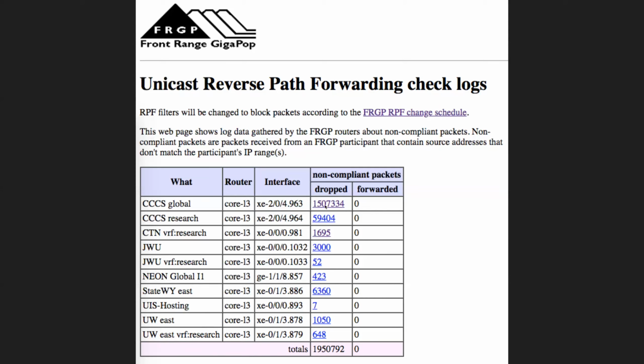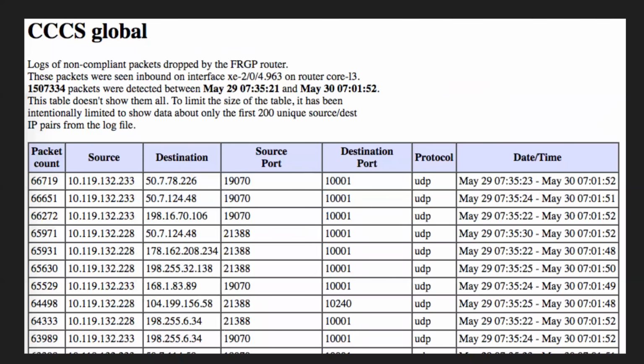So in this case, if I were to click on this 1 million, 5, whatever it is, I would get this web page for a customer named CCCS. And so the way these web pages are organized, the Perl program rolls them up and says, I'm going to put a line on the table for every packet signature that is unique, and I'm only going to do it for the 200 most seen packet signatures on the interface. So the way to read this is to say that for this customer, 66,719 packets were received within the